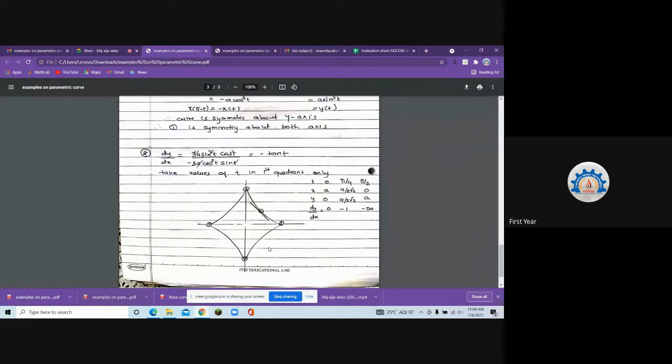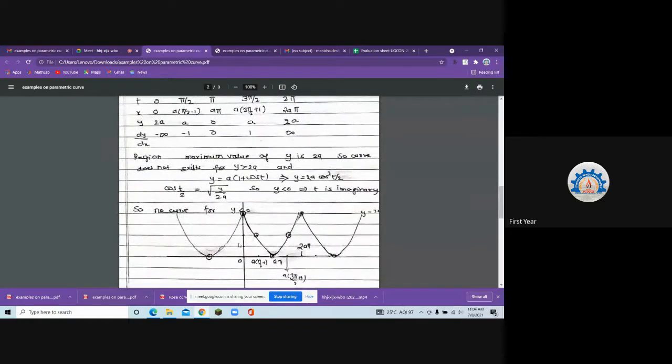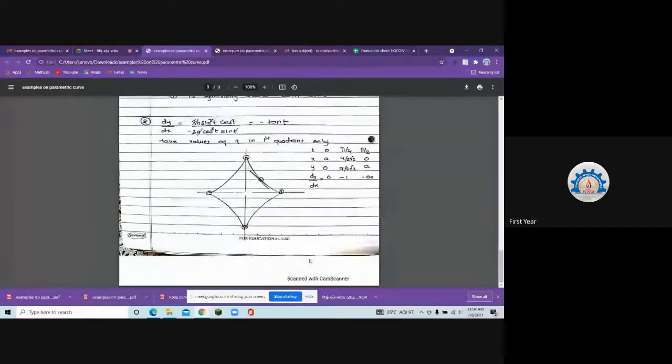Okay, so that is about parametric curve. In parametric curve either cycloids are there, which we saw yesterday, or asteroids are there. These are the cycloids depending on the tangent that we get at this point. So here dy by dx was infinity, so the tangent was y-axis. Here at this point dy by dx was 0, so the tangent is parallel to x-axis. Okay, cycloids or asteroid. Now the next topic is polar curves. Fine. So let me show you what you mean by polar curves.